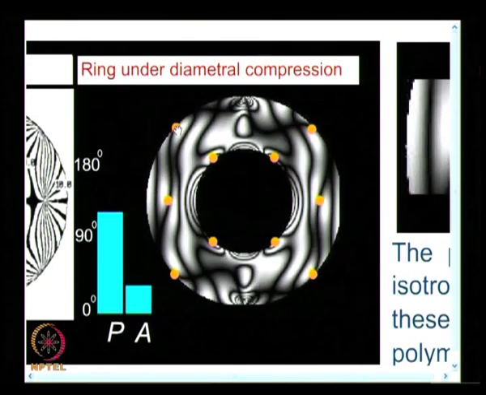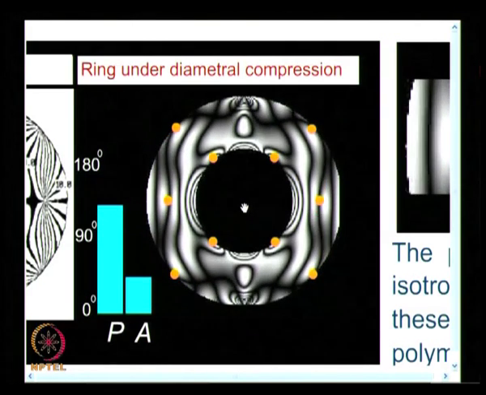Do not carry the information that zeroth fringe order means all isoclinics pass through. No, the contrary is not true. When all isoclinics pass through, fringe order is 0. You take that statement, do not look at the other statement. I take the beam under bending, I have a zeroth fringe order at the horizontal. You have only one isoclinic, there is no other isoclinic, because the isoclinic is horizontal in the case of a beam. Zeroth isoclinic only passes through it.